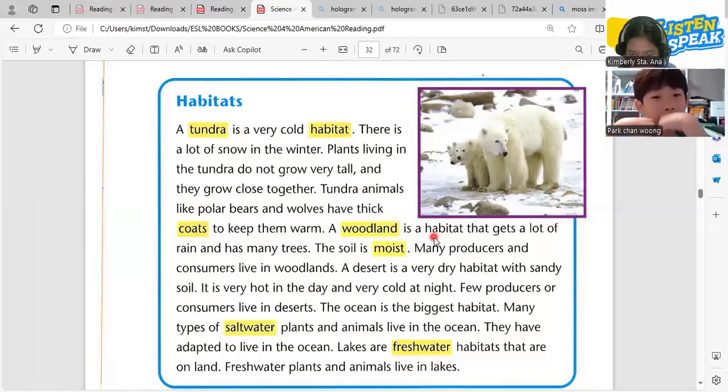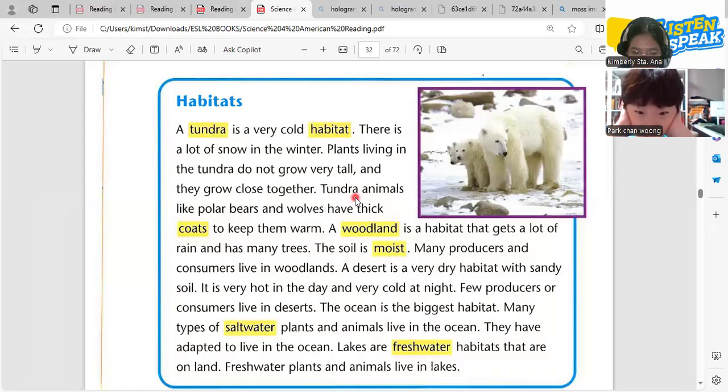A woodland is a habitat that gets a lot of rain and has many trees. The soil is moist. Many producers and consumers live in woodlands.